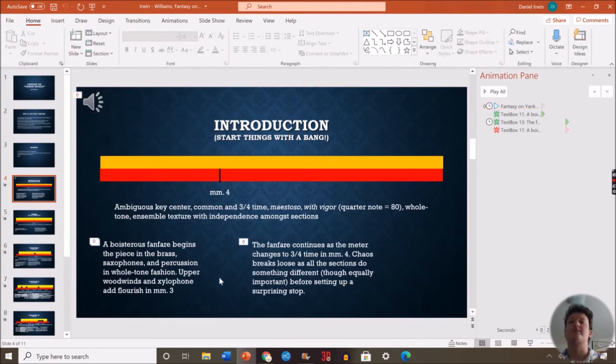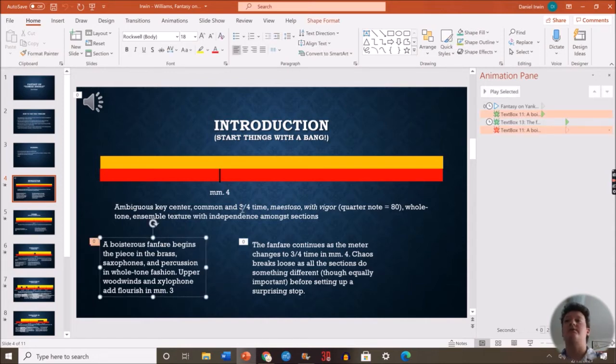Before you start worrying about the text boxes and everything else, I would highly recommend doing some very intense score study and getting timestamps for all of the important moments that you want to write about. For example, this text box right here talks about the first 3 bars of the piece. However, as you can see in the animation pane over here, which is the second component that makes this thing run, I have it engineered so that this first text box appears